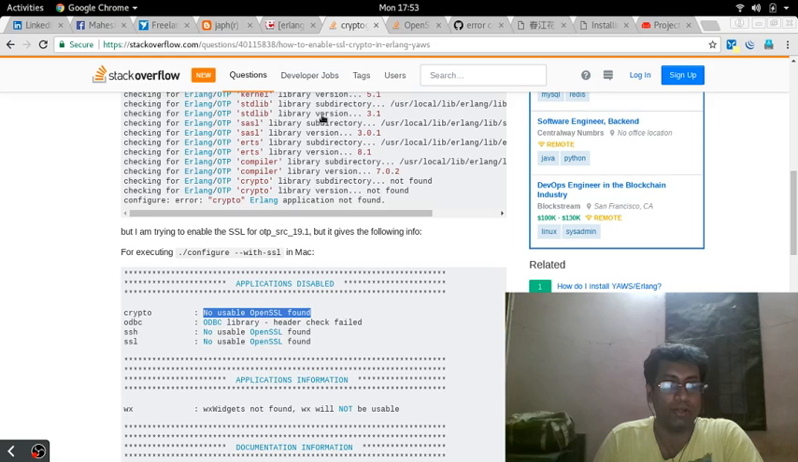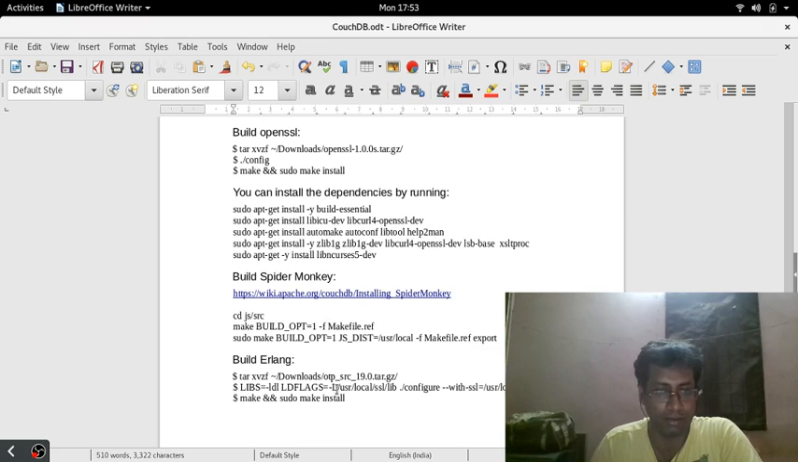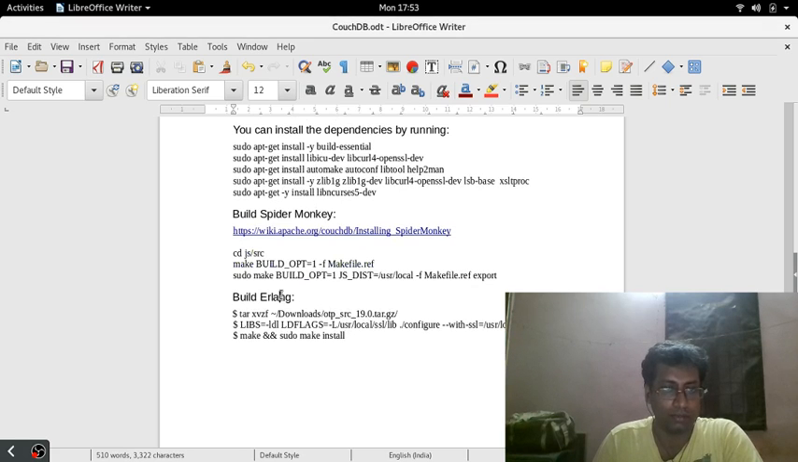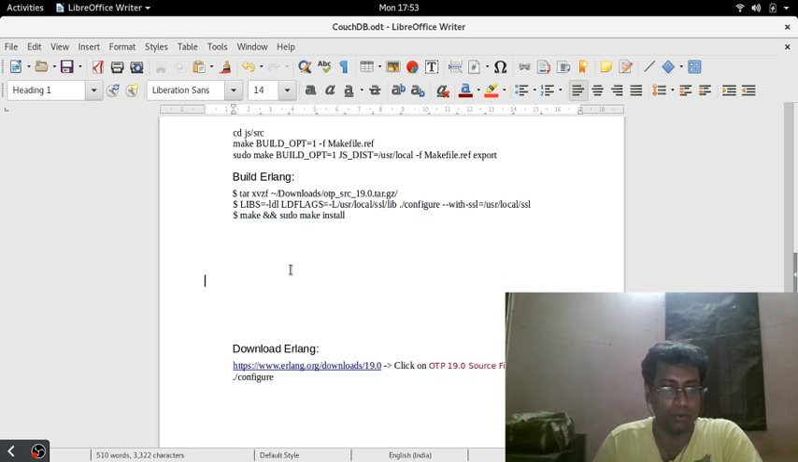And when you do that, you shouldn't get these three notifications for applications disabled, namely crypto, no usable OpenSSL found, SSH, no usable OpenSSL found, SSL, no usable OpenSSL found. In short, magically Erlang should be able to find OpenSSL, and the modules should be enabled as we compile Erlang here. Once Erlang is compiled, you are now good to download